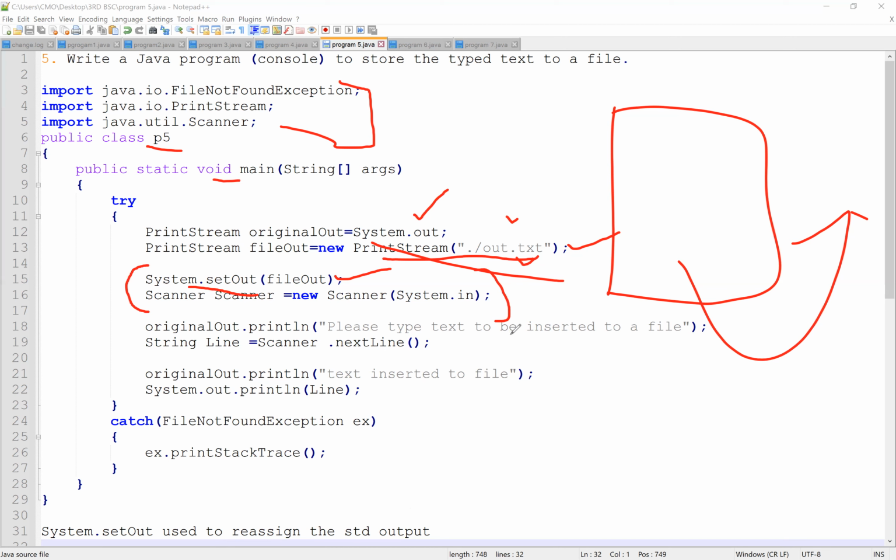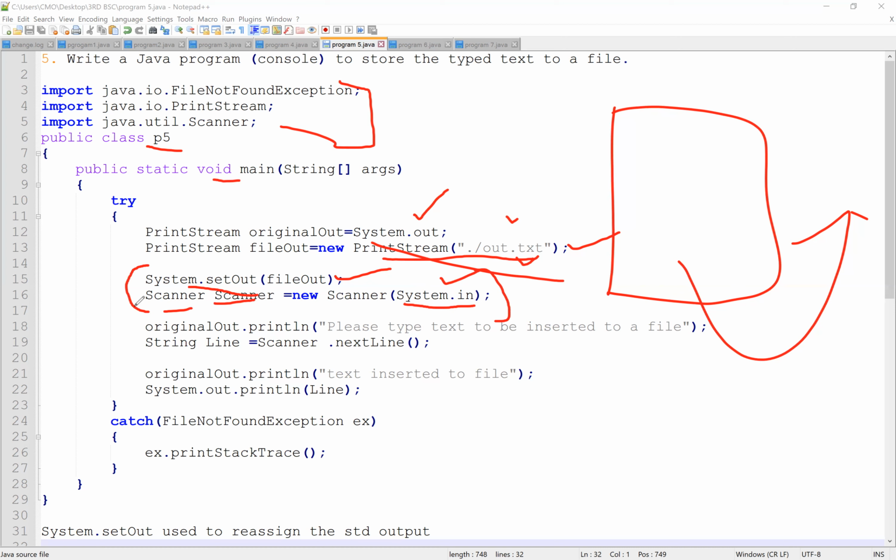System.setOut means reassigning the standard output. Next, after getting the standard value, you need to scan each and every line. That's why we use Scanner. Scanner is equal to new Scanner(System.in). You are reading System.in through the console.